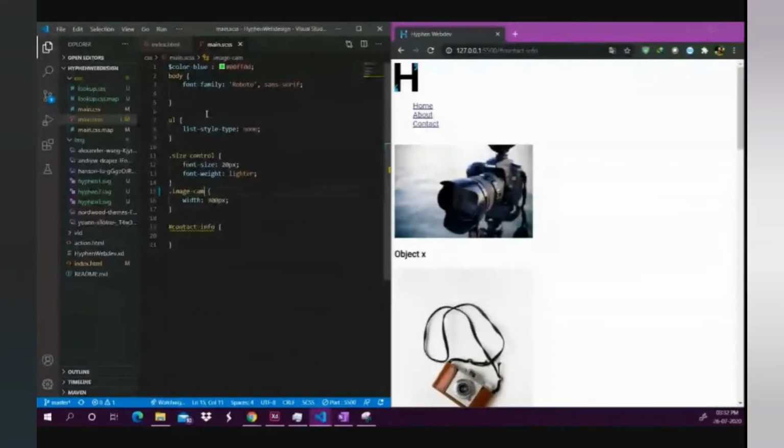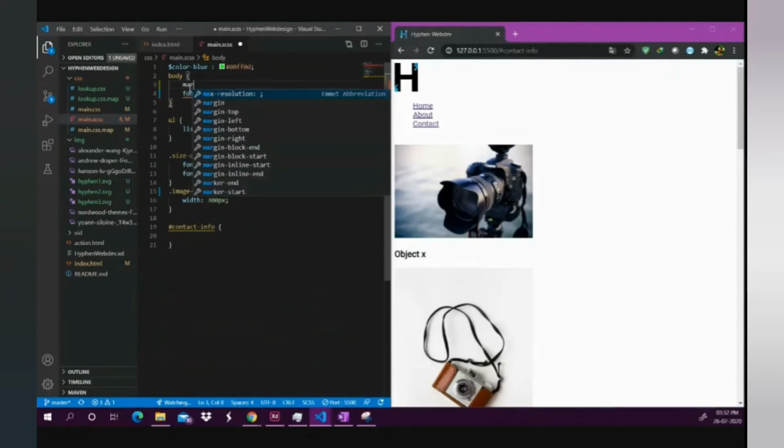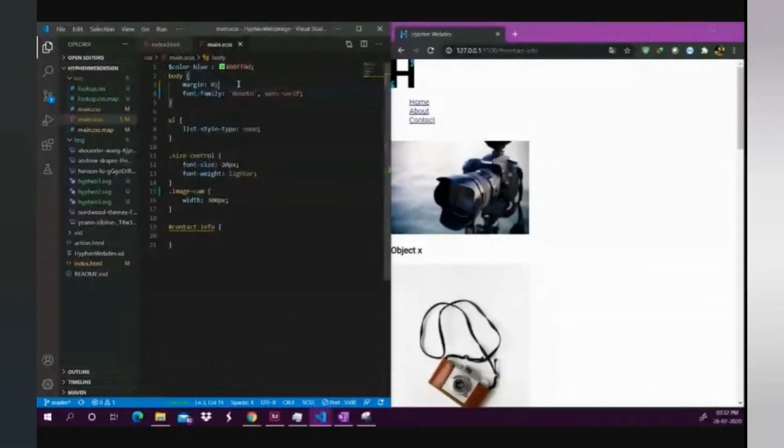Now let's start from the very beginning. Last time I didn't use margin because I hadn't covered it yet. So it is best practice to use margin 0 at the beginning of the body tag. Margin 0. If you have some value for the margin from the very beginning, sometimes your calculations may go wrong and stuff will just pop out in some places. So we will use margin 0,